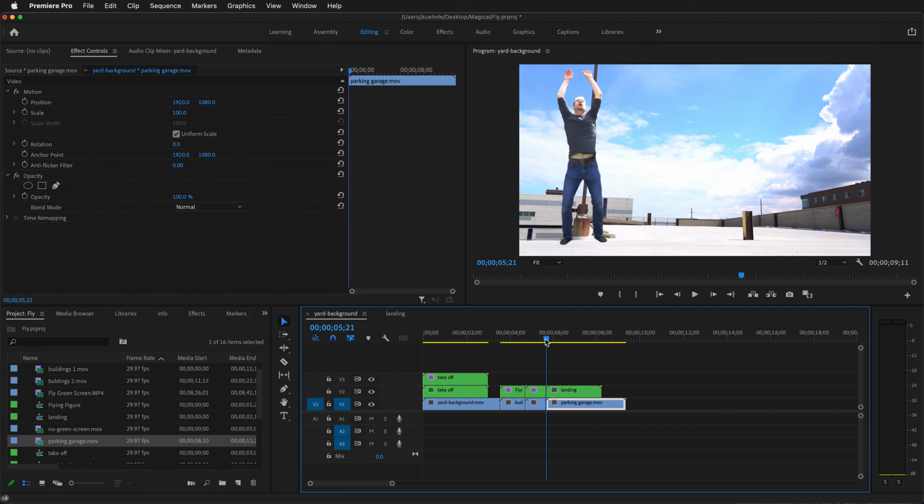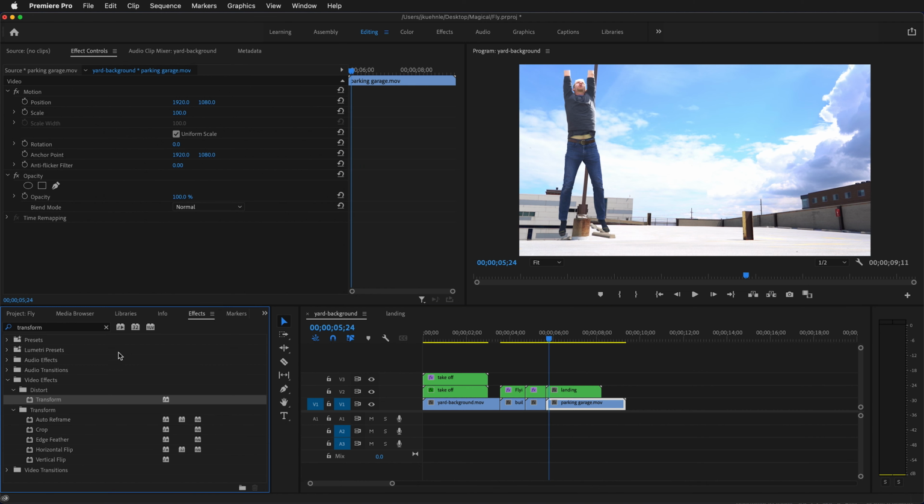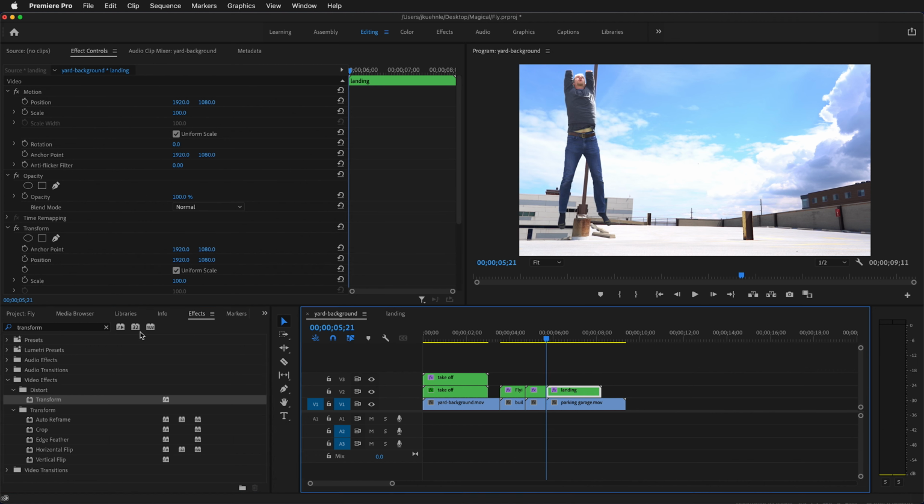Okay, so now we're going to land in the parking garage. So we got to animate the landing, but this time it's going to be the opposite. So we're going to use the same effect. We'll go to Effects, Transform, right on the landing there. And then on the first frame, we'll set a keyframe